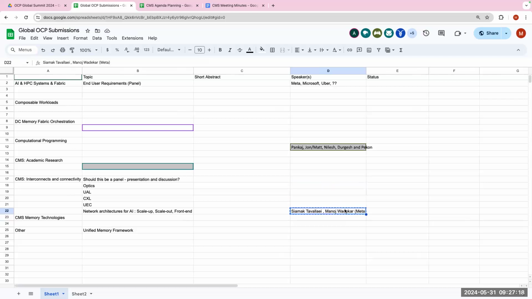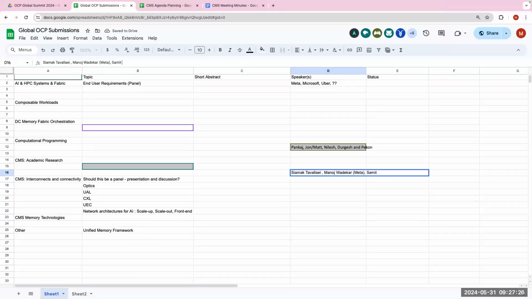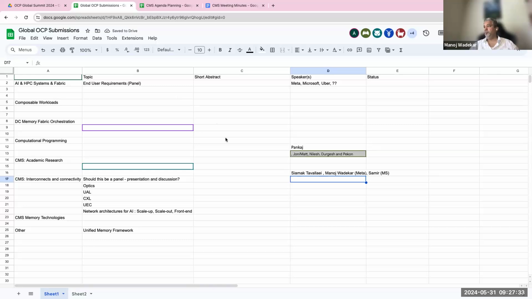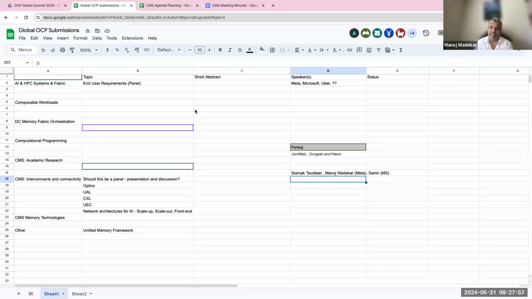Manoj, can you also add me into the same one? Yeah, I was thinking we'll just put all the names of who will be interested in this, and we'll figure out how to do this then. Just add the names right now. Of course, if it is a panel, we don't want more than a certain number, but looking at the overall agenda, we can always balance it. So you don't want us to submit yet? You want us to vet it through this spreadsheet first, and then you'll say submit individually? Yeah, as I said, people still can submit directly.